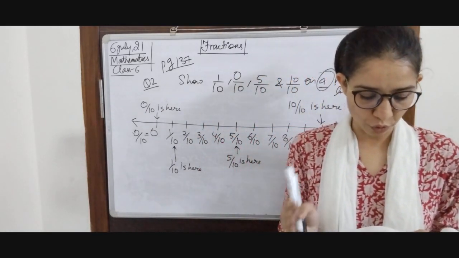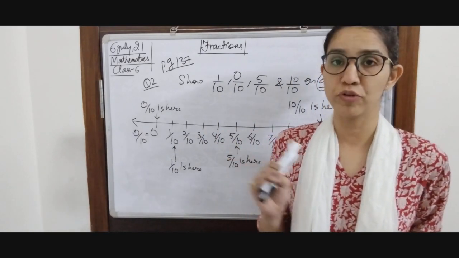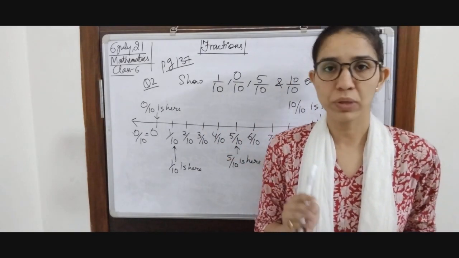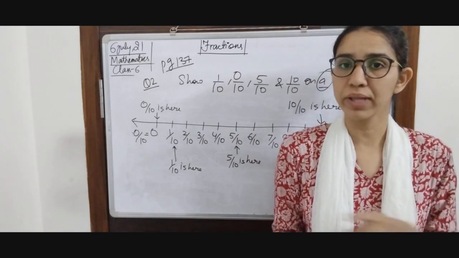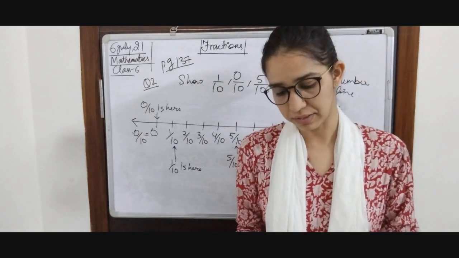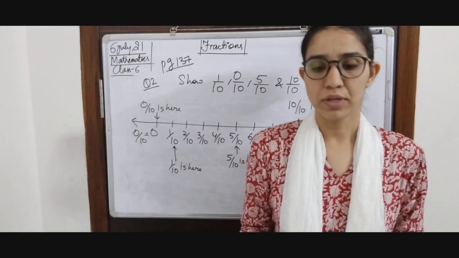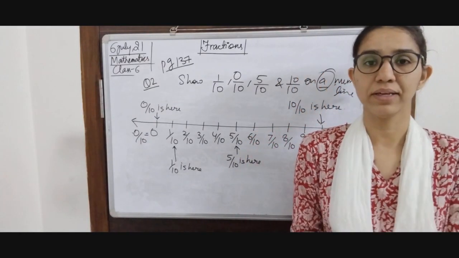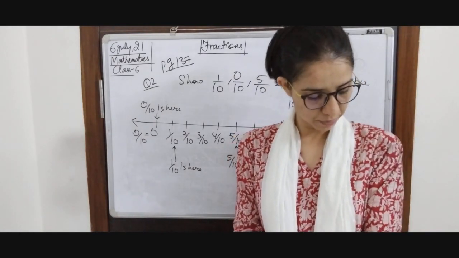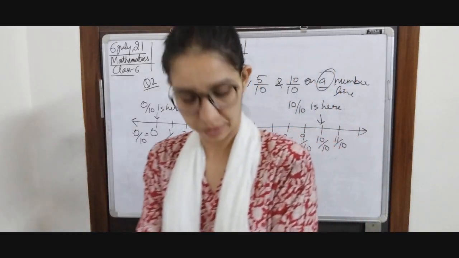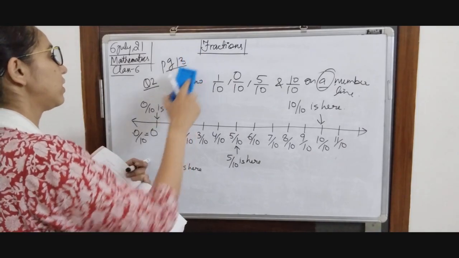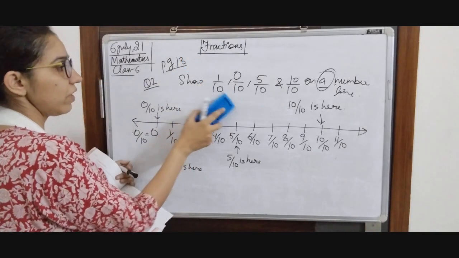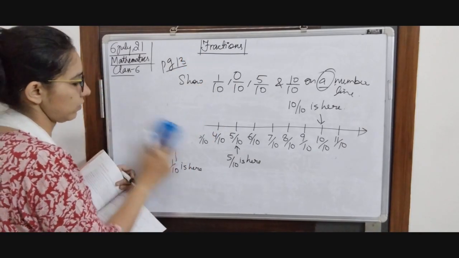So next is the fourth one: how many fractions lie between 0 and 1? They are going to be uncountable. You can think about that and then we can discuss it in our class. Why is that possible? So now we are going to try these of page number 138. These types of questions are important.